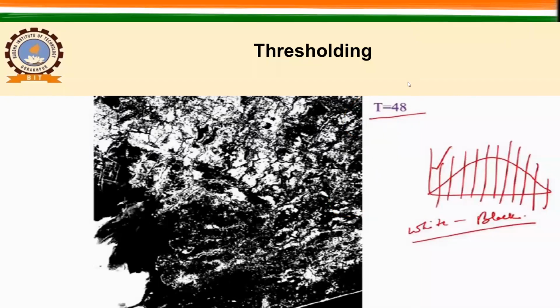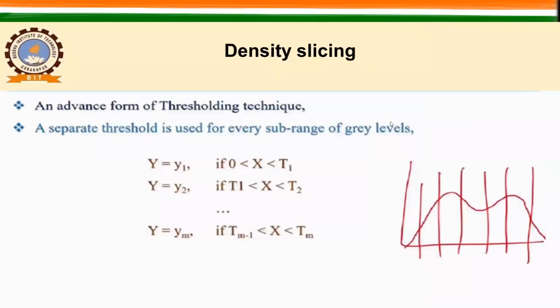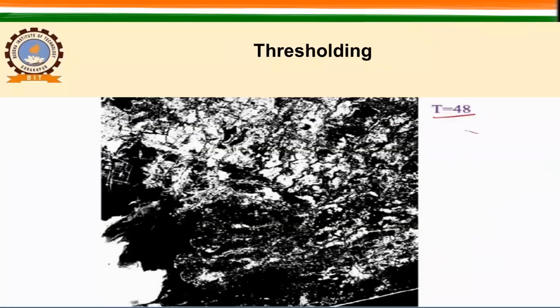See, here is one of the images, and it is an example where no thresholding has been applied. This is your raw data. Now after applying the thresholding, so here T equals to 48, I have given the threshold, so after 48 everything is here, right? So this kind of logic you can use to highlight a certain value range of the DN number or only for that particular DN number, right?